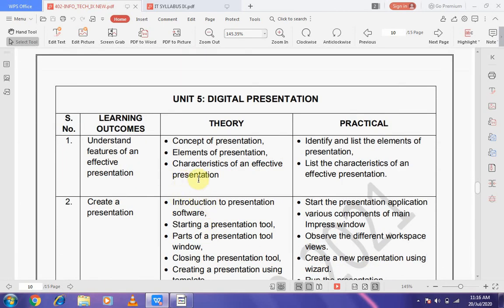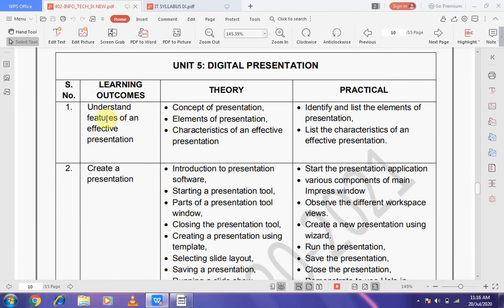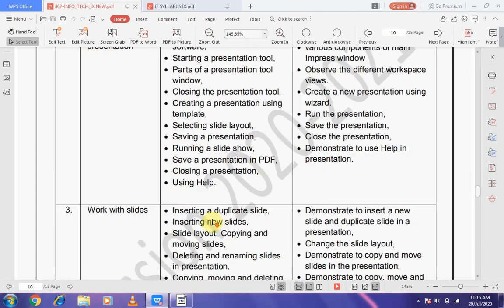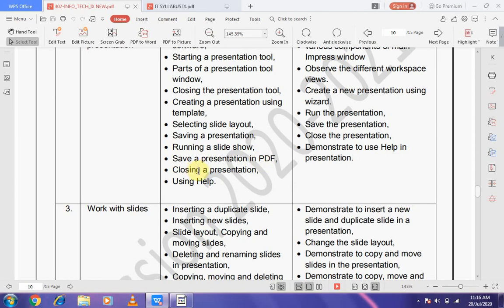Now the last unit, digital presentations. Understand features of an effective presentation, concept of presentations, elements of presentation, characteristics of effective presentation. Create a presentation, introduction to presentation software, starting a presentation tool, parts of presentation tool window, closing the presentation tool, creating a presentation using templates, selecting slide layout, saving presentation, running slideshow, save presentation in PDF, closing a presentation using